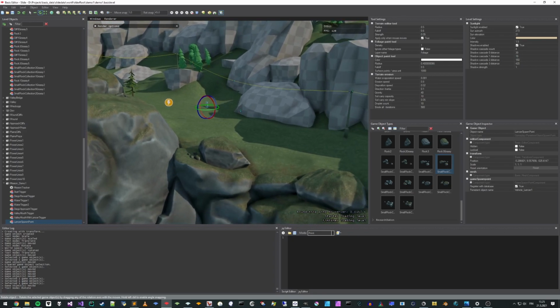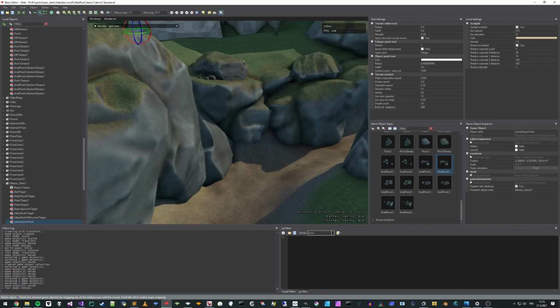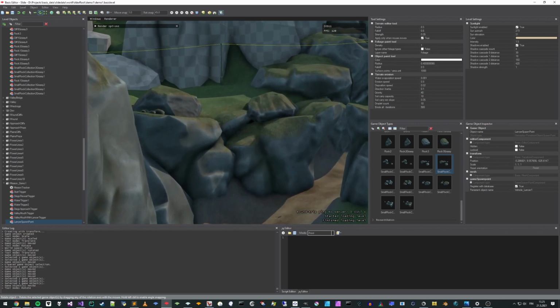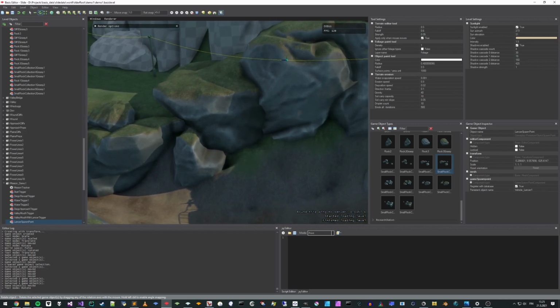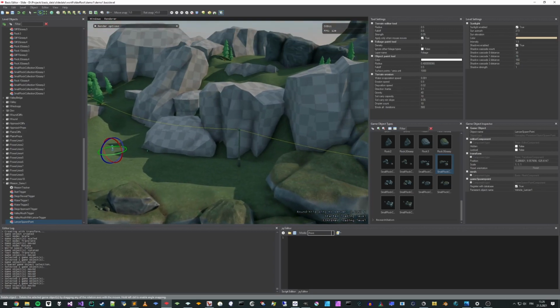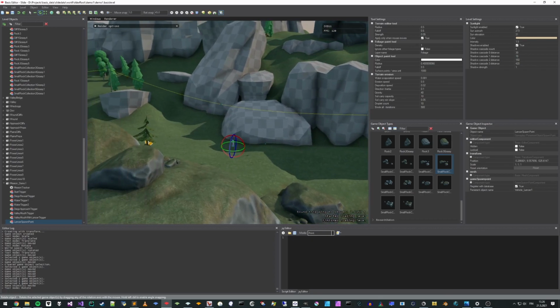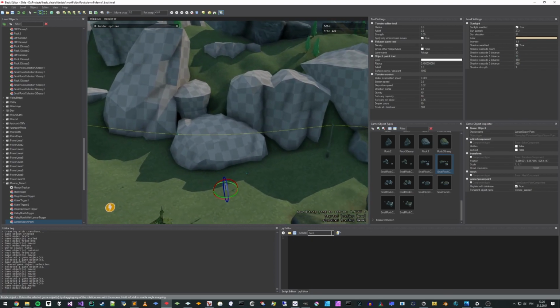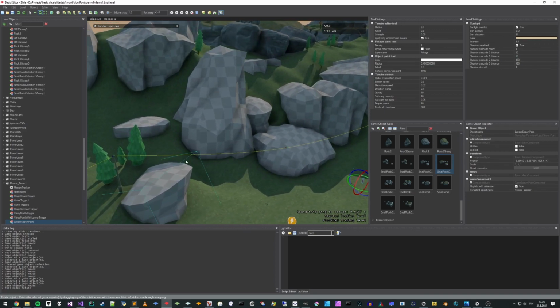That's starting to look quite nice. Right, so I'm actually kind of happy with how this side turned out. So I might actually continue with this a little bit. I think these cliffs here will be kind of easy to get placed, because